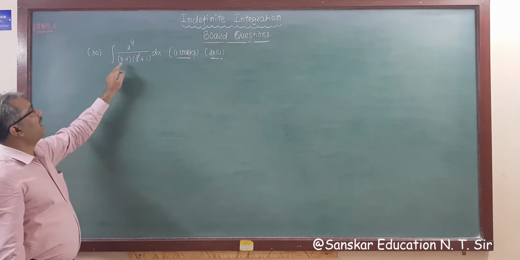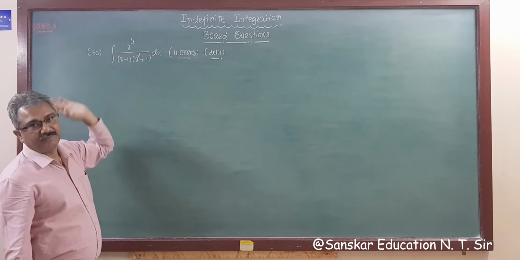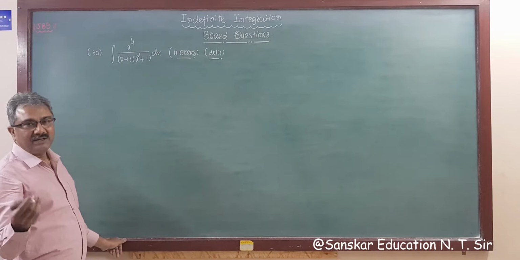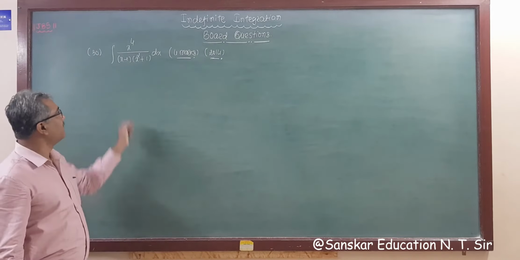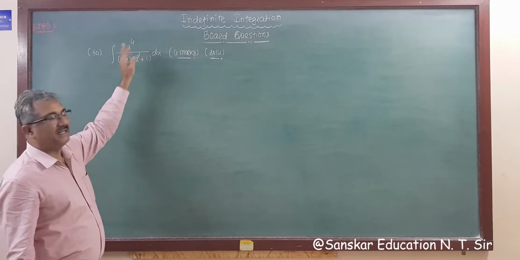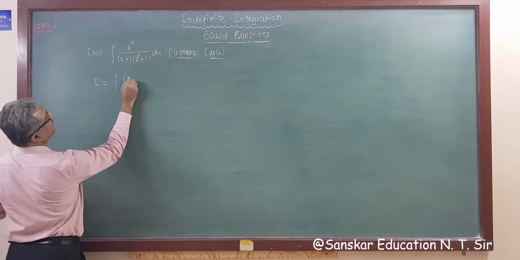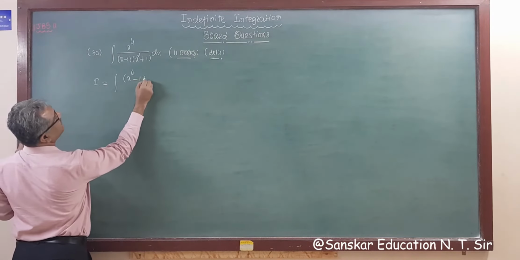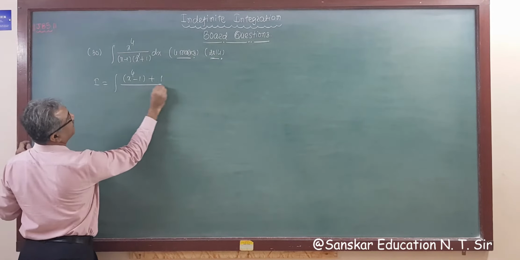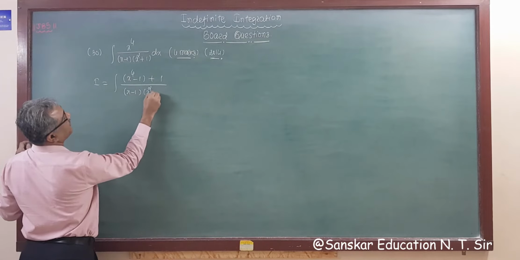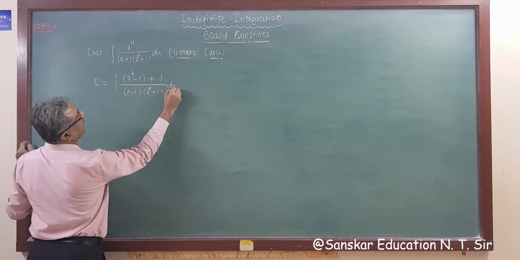So how do I get x minus 1 here? So factor of a square minus b square is only available. Means we have to subtract 1 here. So subtract 1 and add 1. So if we subtract and add 1, what we get? Integration x raised to 4 minus 1 plus 1, I am subtracting 1, adding 1, and this is x minus 1 and x square plus 1 dx.